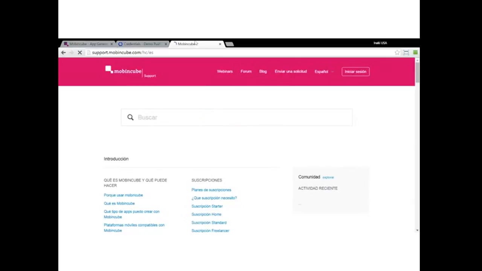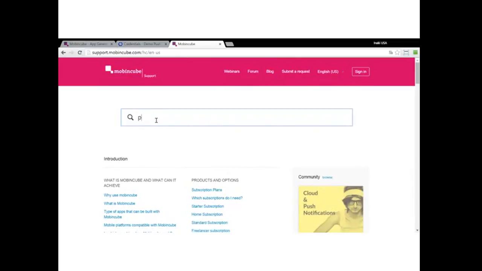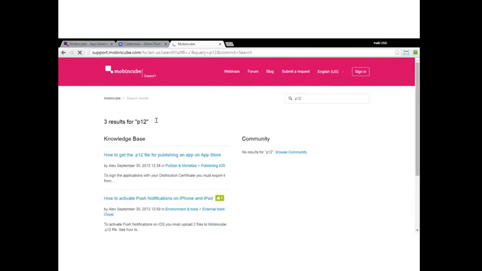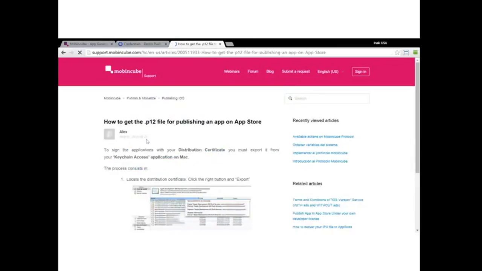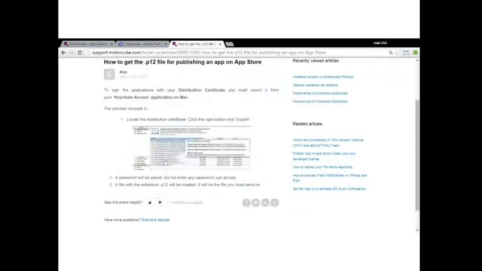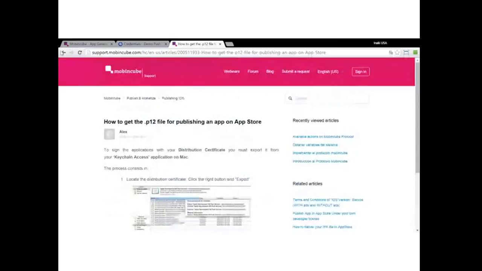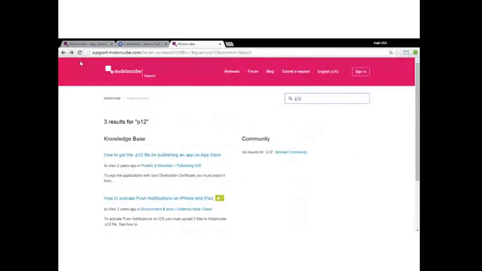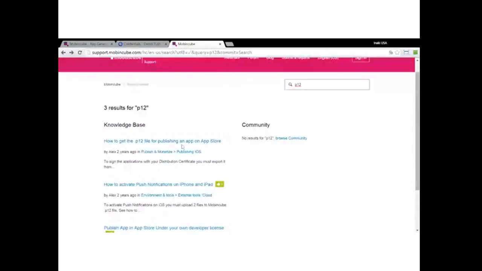There are some instructions if you go to help.movingkit.com and look for P12. Then you have this article, how to get the P12 file. You can follow these instructions. It's not a big instruction, but